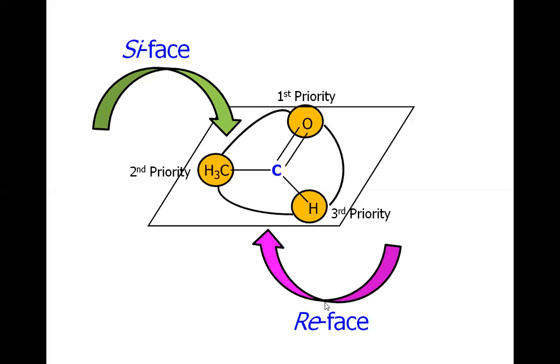So remember, Re phase and Si phase are basically the absolute phases. It means once we have decided which phase is Si and which phase is Re, they will always remain Si and Re, being absolute in nature. However, the alpha phase and beta phase are relative phases. If we flip the molecule, the beta phase turns into the alpha phase or vice versa.